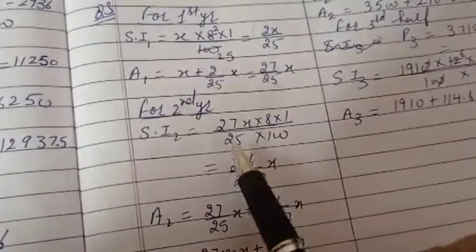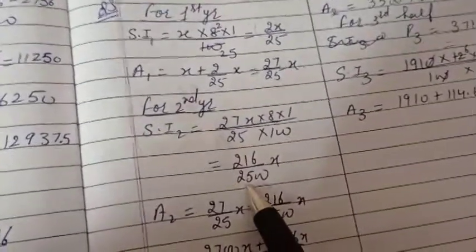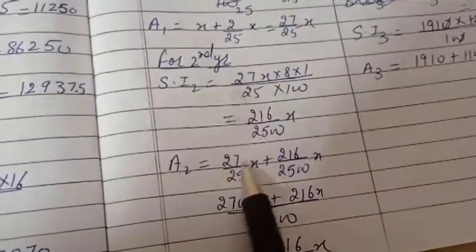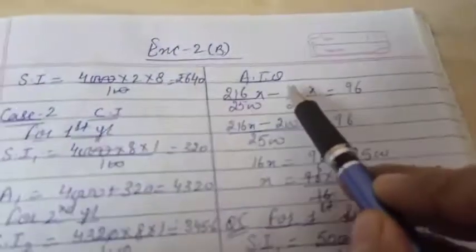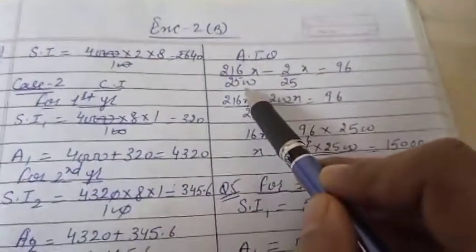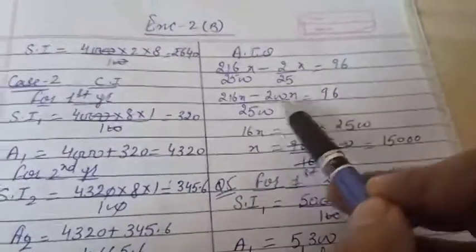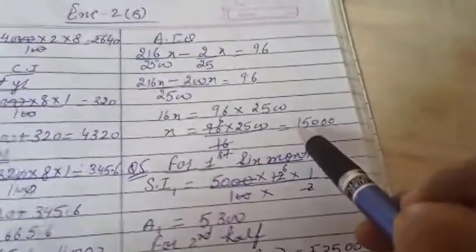Now this amount will become principal for the next year. In the same way, we'll find out simple interest of the second year. So I solved this, beta. This is not required. Clear? Because we are given the difference of the interest of 2 years. So what is the given value? According to the question, the difference of the interest of the second and the first year is equal to 96. This is given to us. By taking LCM, we can find the value of x, that is the principal.